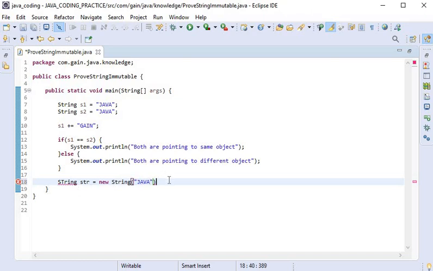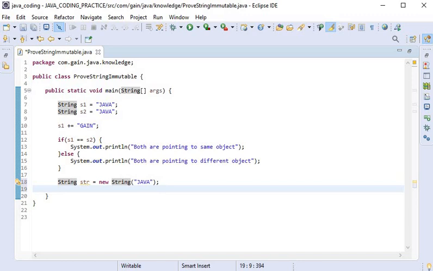Here I have created a string with the new keyword, so the object will be created in heap memory, and str will be referencing that object. Here I will print the str, and now I will modify the content of the object that I have created.